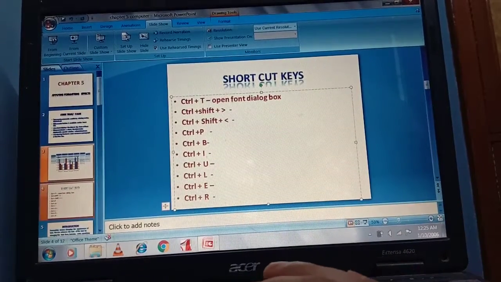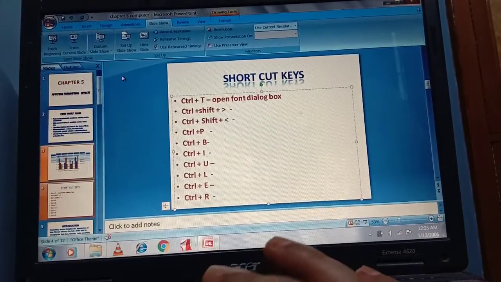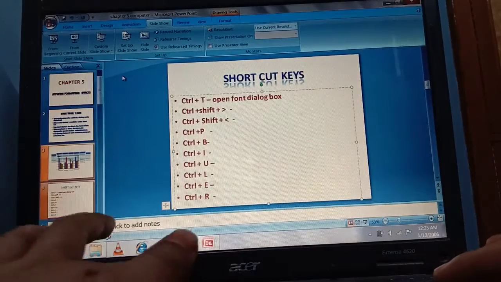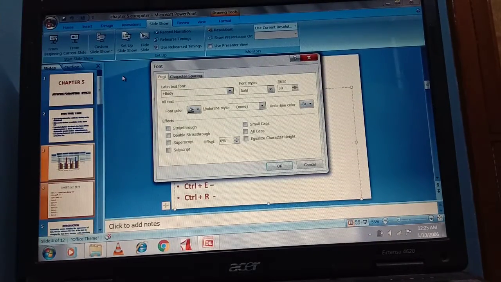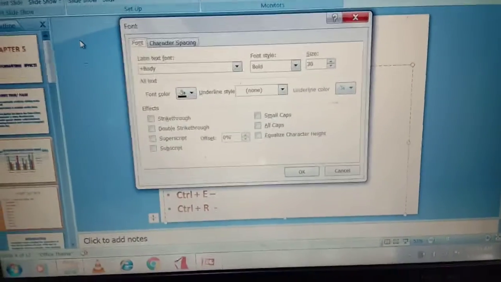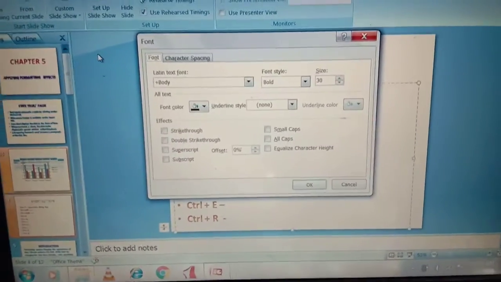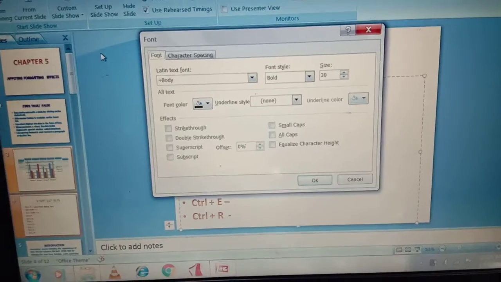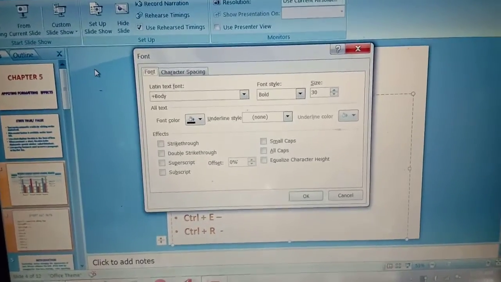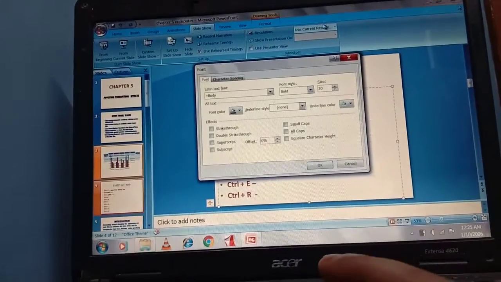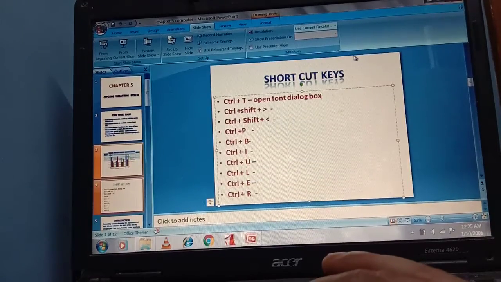Okay, let me show you. Control plus T. Can you see this? I pressed Control and T keys together, and now the font dialog box will appear in front of you. It is used to open the font dialog box.